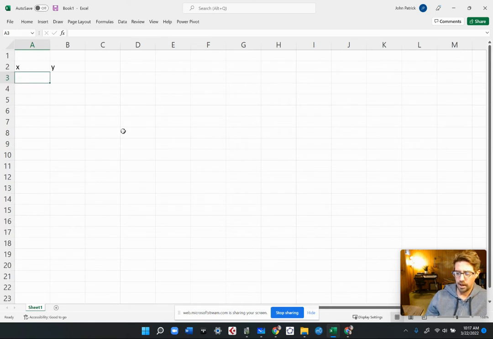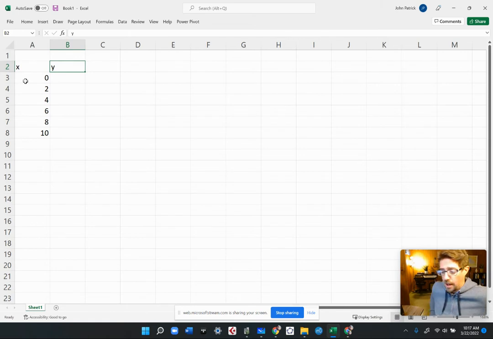All right. So I'm just going to enter it into two columns called X and Y. So my X's are 0, 2, 4, 6, 8, 10. And it's not even a table. I'm just literally entering it into cells. And then we'll just highlight those cells and say, hey, make me a nice looking graph, and it just will. So our Y values are 10,